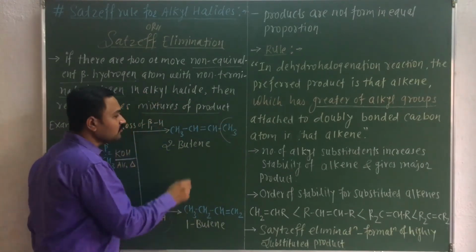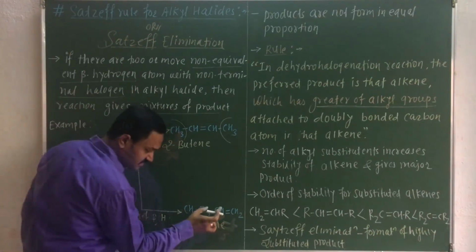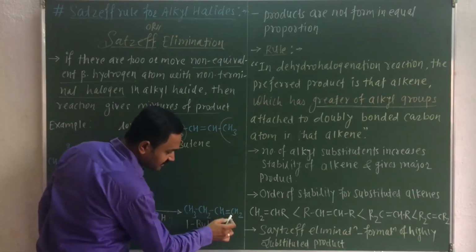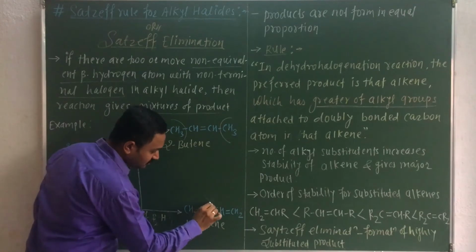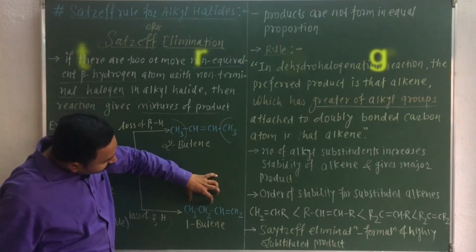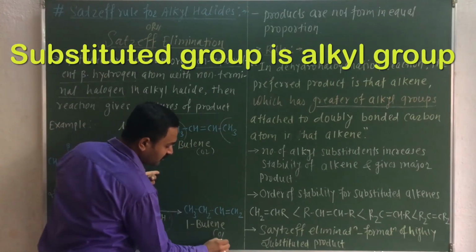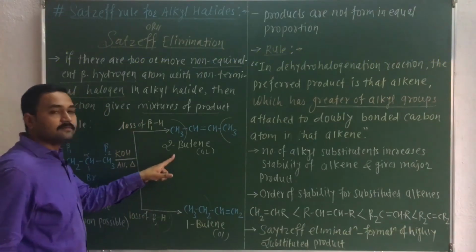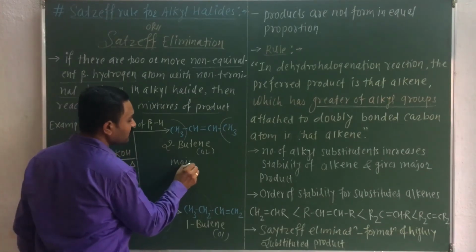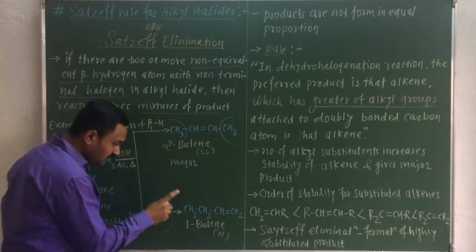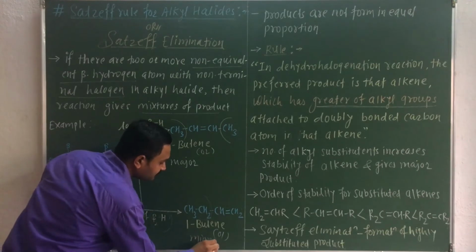So here, one methyl group, and this is another methyl group across this carbon-carbon double bond. If we consider this other product, you can observe that no other group is attached, only two hydrogen atoms and only one ethyl group. So here there is only one substituted group, and there there are two substituted groups. Obviously the number of substituted alkyl groups is more here. That's why this particular product will be the major product. Here only one substituted alkyl group is present, hence it will be the minor product.